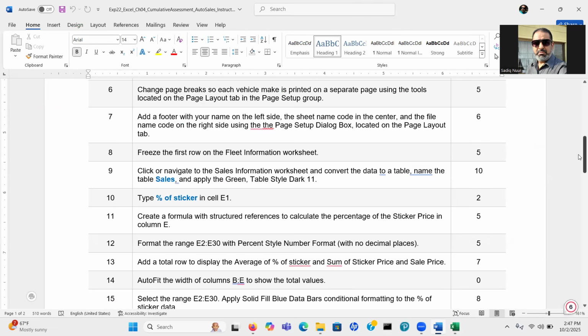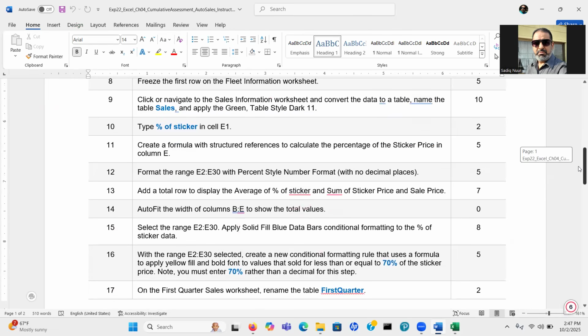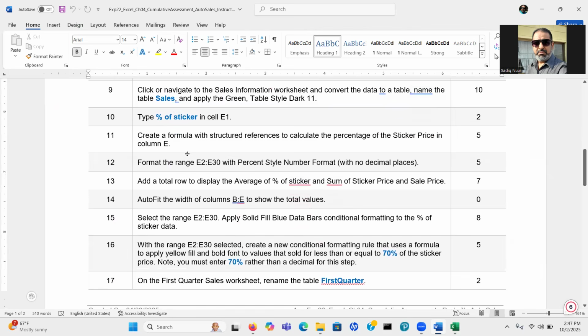So step number 9. Click or navigate to the sales information worksheet and convert the data.